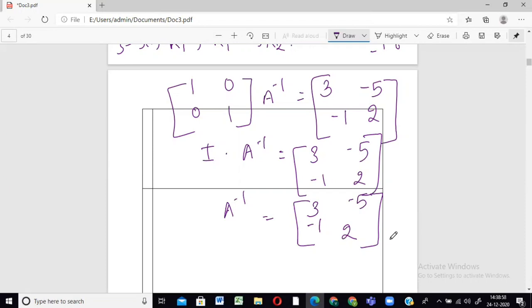And not just that, as I said about the uniqueness of identity. जैसे अभी the example that I took, 2 into half always gives me 1. अगर मैं 2 into half लिखने के बजाय if I write half into 2, that would also give me 1, right? So that is same as writing A into A inverse is equal to I, या फिर अगर मैं लिखूं A inverse into A, that is also going to give me I only, correct? Because वो inverse के साथ वो multiply होके again we're going to get I only, right? So then let's do it using this one now.